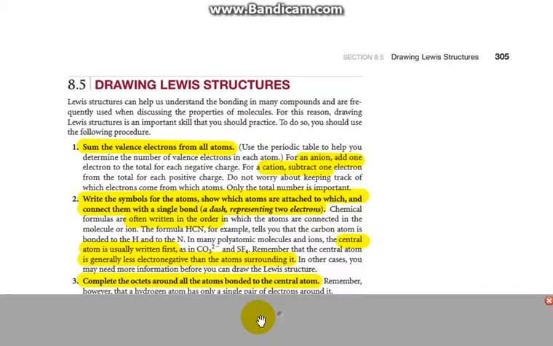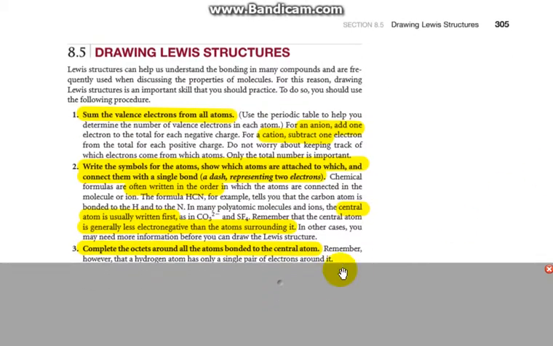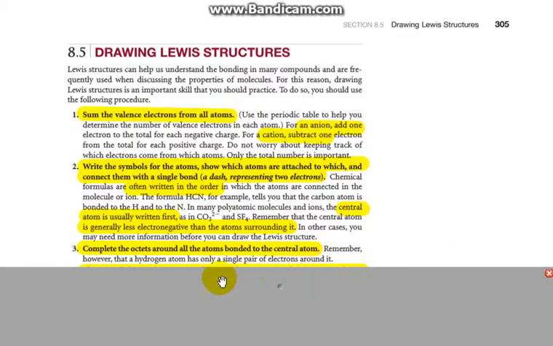Complete the octets around all of the bonded atoms to the central atom. So remember, however, that a hydrogen atom has only one single pair of electrons around it. And another thing to note about hydrogen,